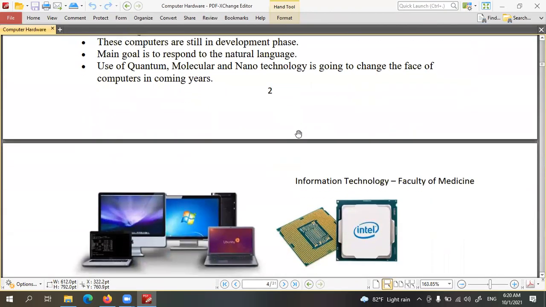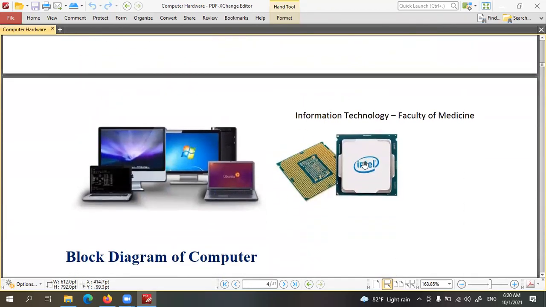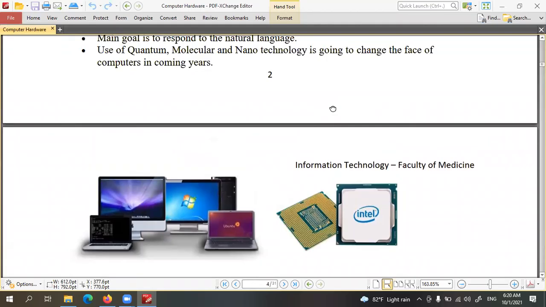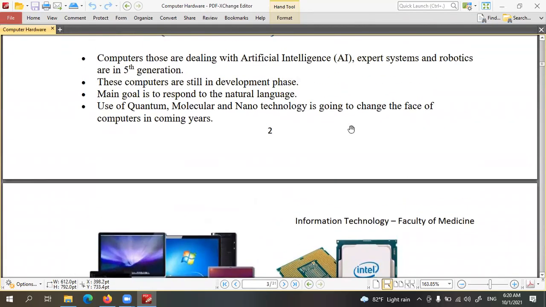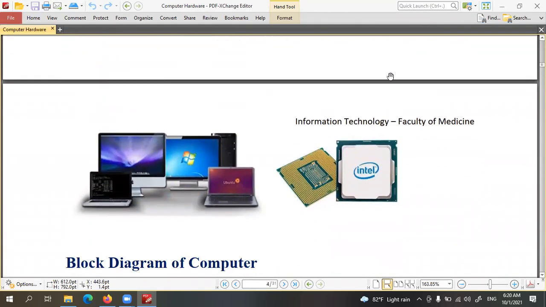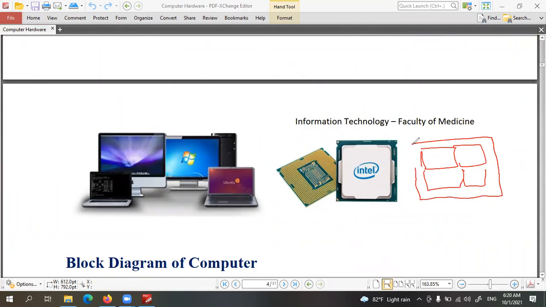In the fifth generation, you can see the processing unit is the same. It is also the microprocessor. So there is no significant development actually between the fourth generation and the fifth generation. But here the thing is, the computer inventors combined several CPUs together and then developed one CPU.